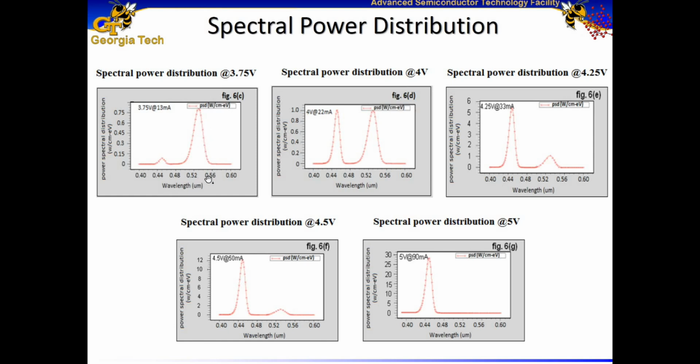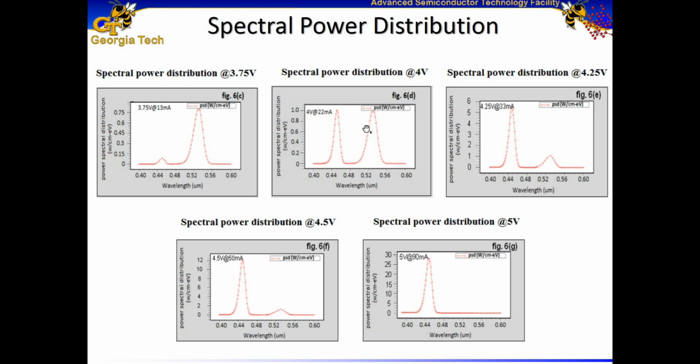Then at 4 volts corresponding to 22 milliamps, I found both blue and green light emissions. But further increasing the voltage to 4.25 volts corresponding to 33 milliamps, the blue light emission was more dominating. And here in this structure, I got blue and green light emissions,